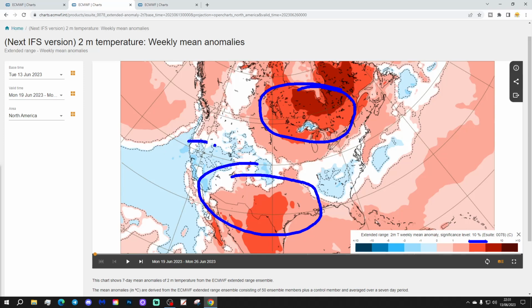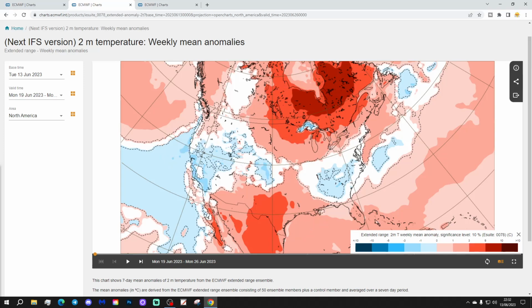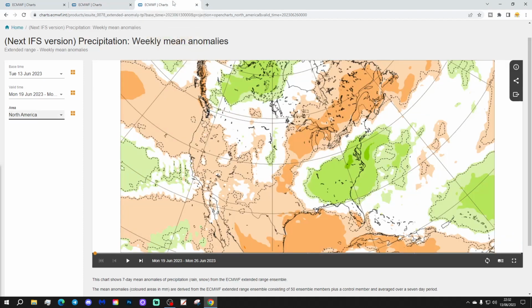Of course, bear in mind, like for California, for example, where we see it cooler than average, it's still going to be warm there as well, because these are anomalies to average. So even for temperature anomalies like a degree below average in California, it's California in June, so it's still going to be very warm, if not hot.